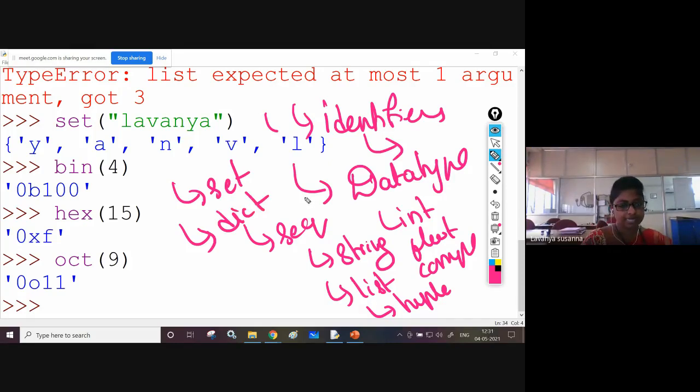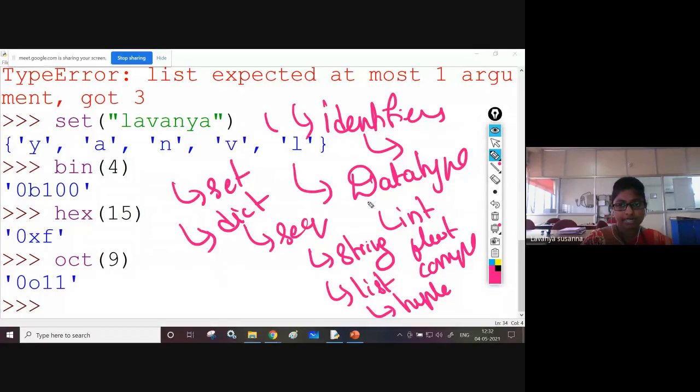Once again, say what are the data types in Python? Numericals: int, float, complex. There is no double, there is no long double or all those things. Only int, float, complex. Whatever the range you can give, you can give largest number also, very large number also. There is no range. Just like C language, you have some range, right? Short int, long int, something like that, and also have some range, 2 power 15 minus 1 like that. Here you can give largest number also, very big number.